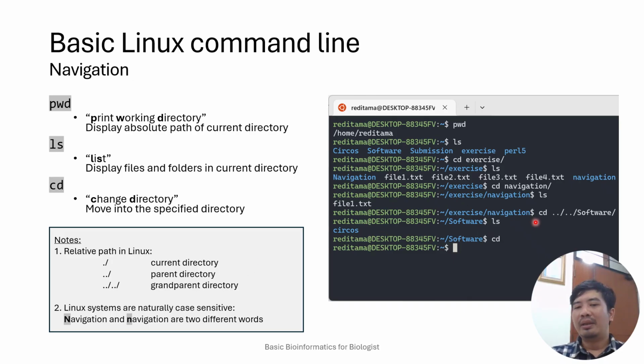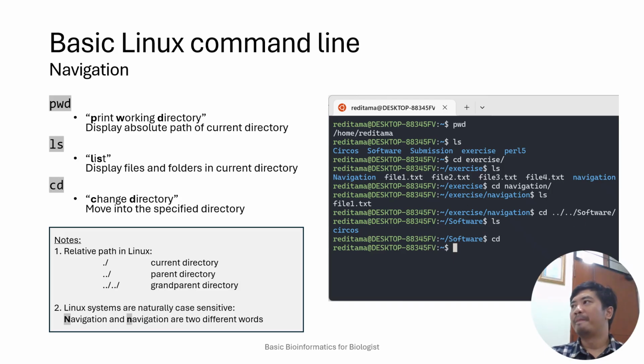For example, if you want to move into your parent directory, you can use this sign, double dot, and if you want to move to the grandparent directory, you can do something like this.